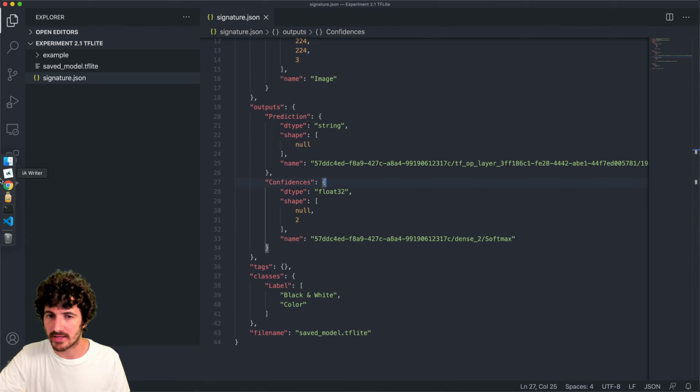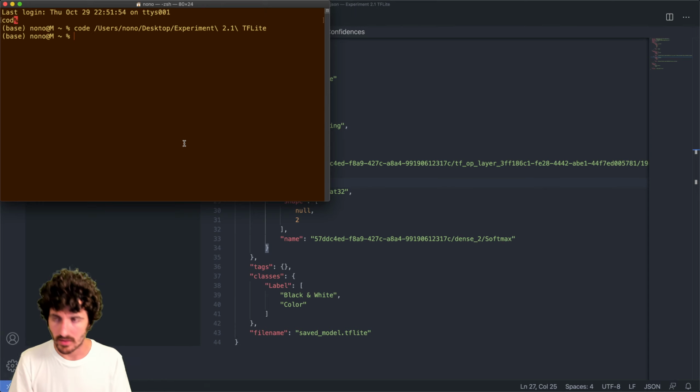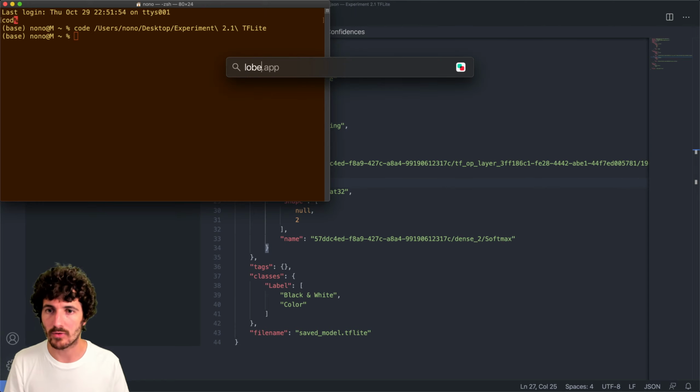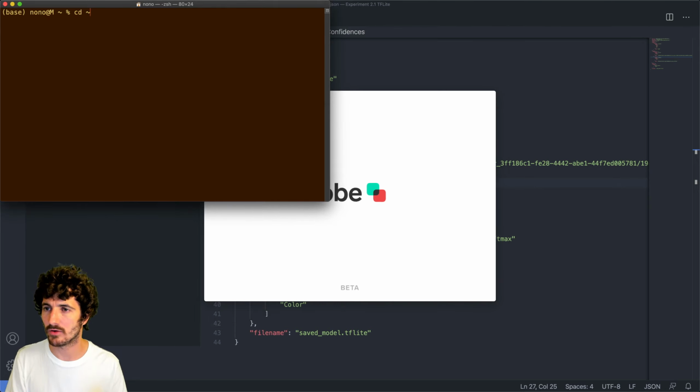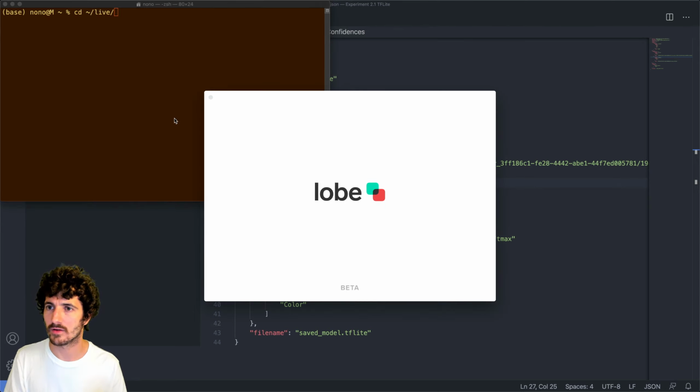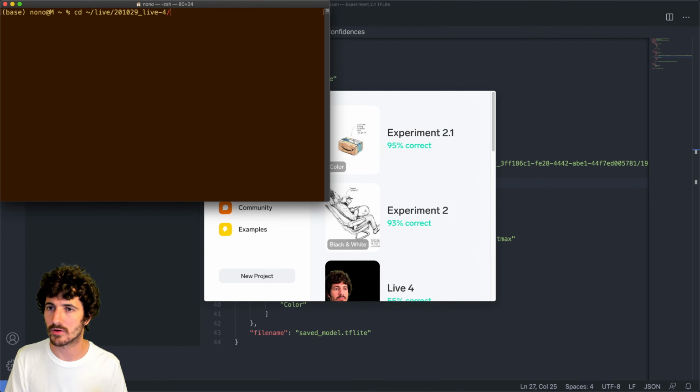Let's see what we were getting. What were we getting before? So we might be getting confused. So if I open Lobe again and I go to our live project and we do